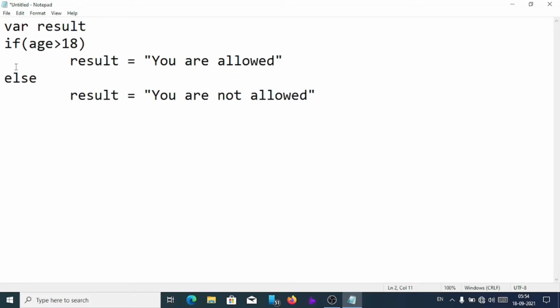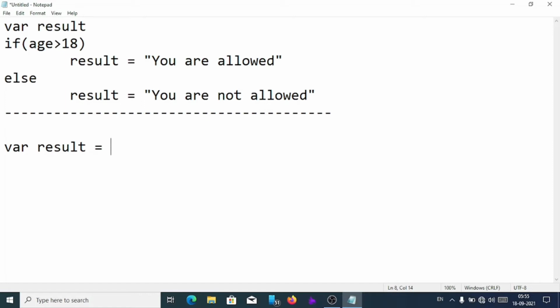So this is the if statement. For result, if age is greater than 18, result you are allowed, else result you are not allowed. We have to convert this one into conditional statement. So to convert this one into conditional statement, first we'll write var result equal, means we'll directly store the result variable from the condition.